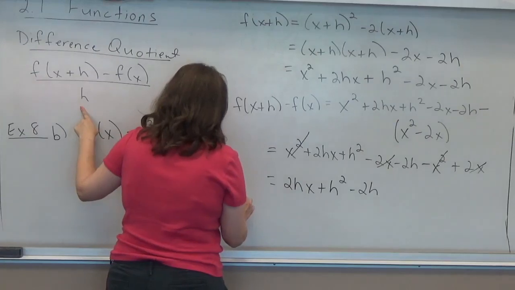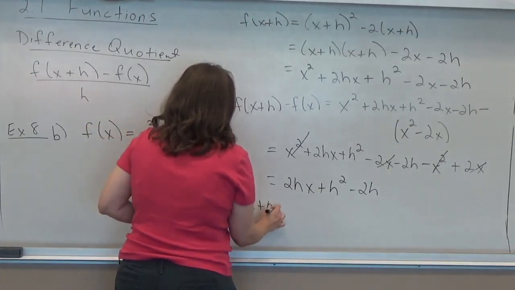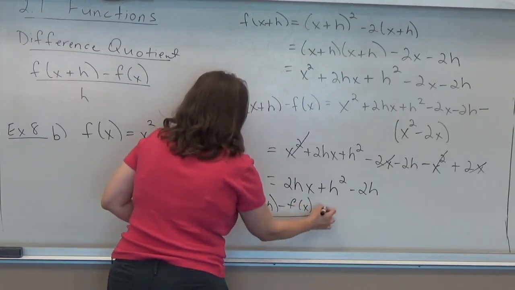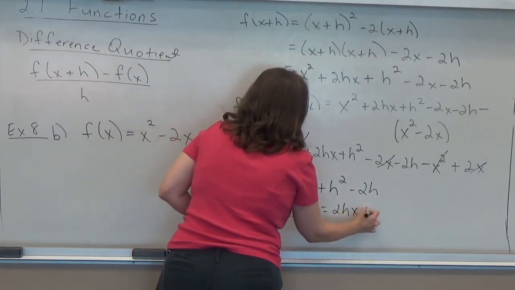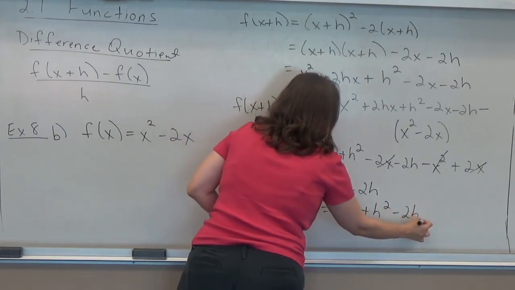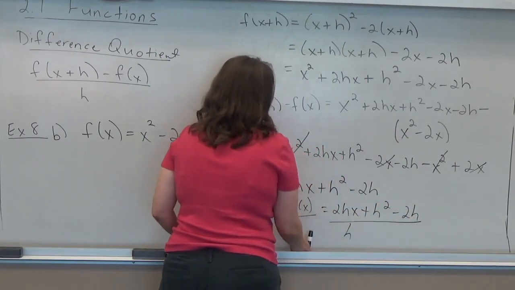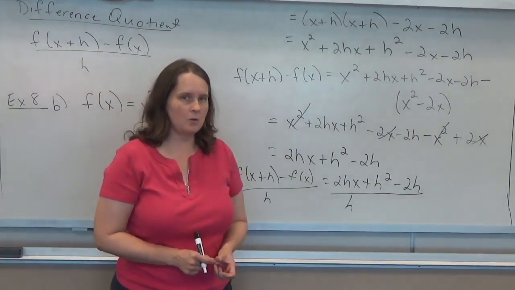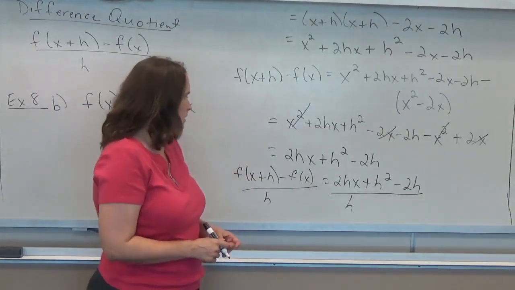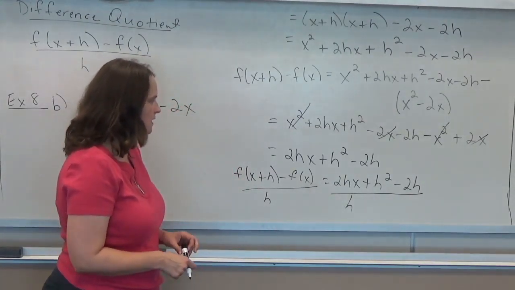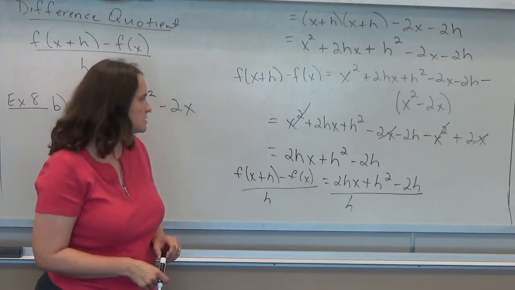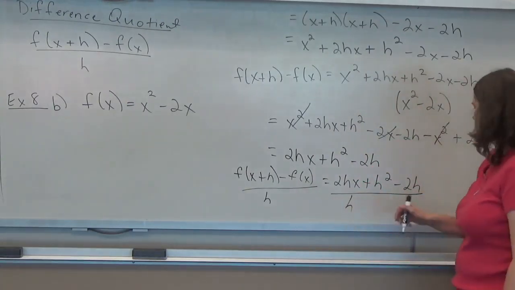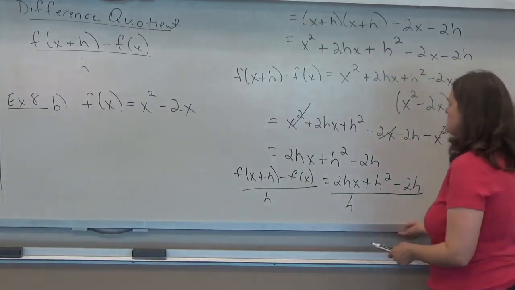So the entire thing, f of x plus h minus f of x all over h equals what we just did, 2hx plus h squared minus 2h all over h. All right. At this point, you can usually cancel out quite a bit, so just be careful though. If you want to think of this as breaking up into 3 separate terms and dividing by h, you can do that. Or you can think of this as factoring h out of the top. Either way you look at it,